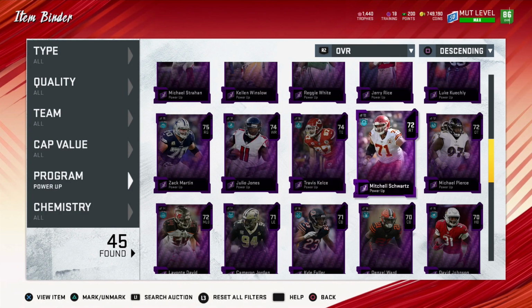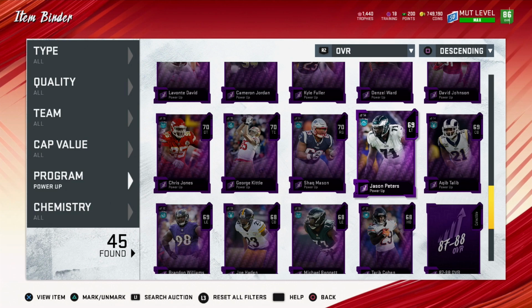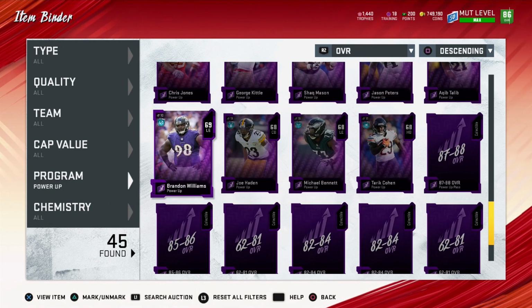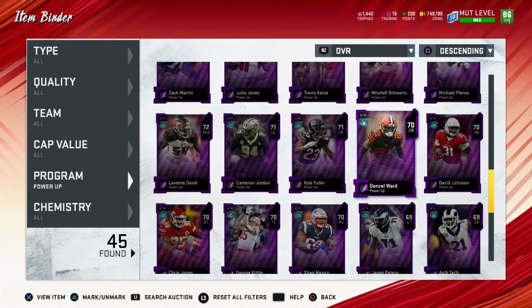but some of them that I did end up pulling out of that get a player, I believe David Johnson was one of those. Jason Peters here. I've got Chris Jones, Brandon Williams, Joe Hayden, Michael Bennett. Those are only like 5 or 6 power-ups that I pulled out of it this year. So it is doable. So it is something, an incentive, to want to actually do